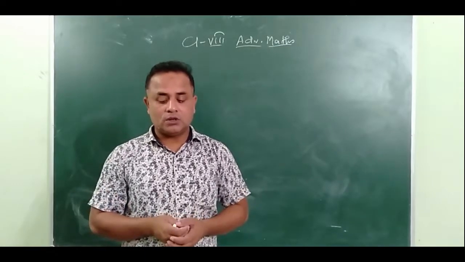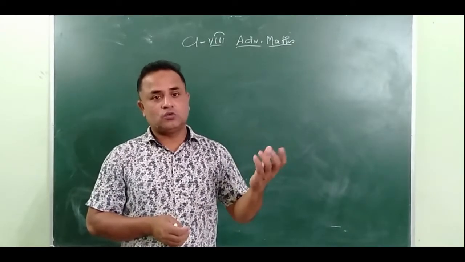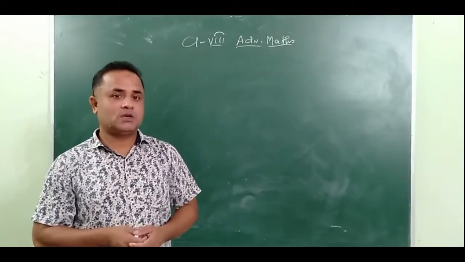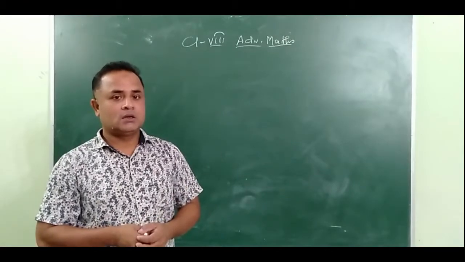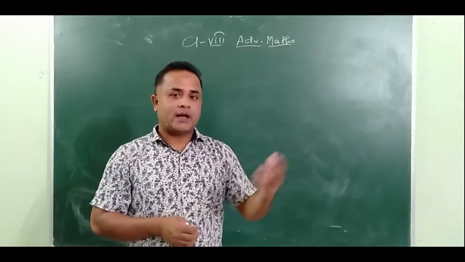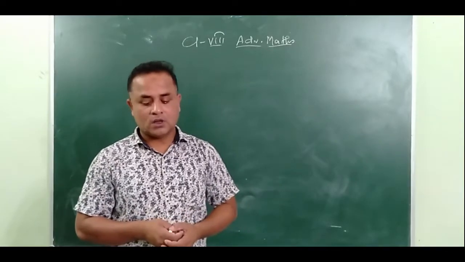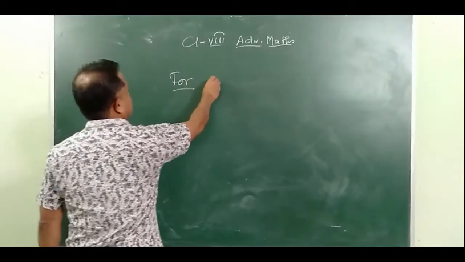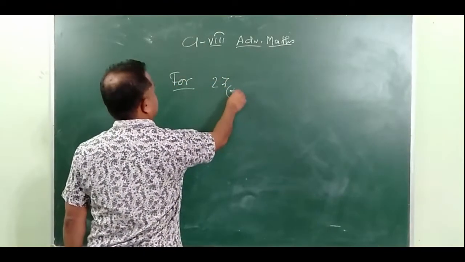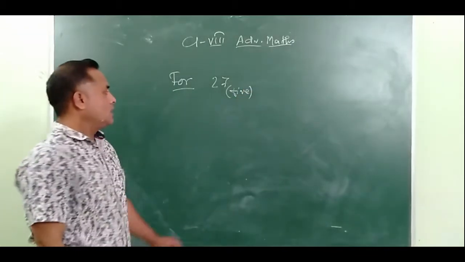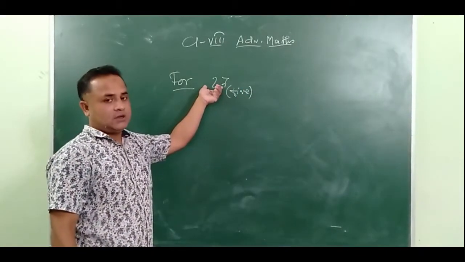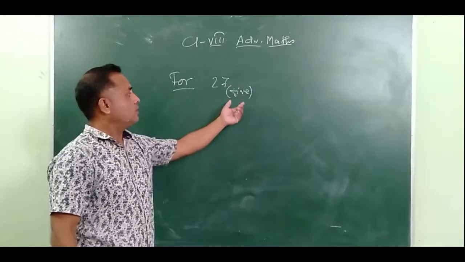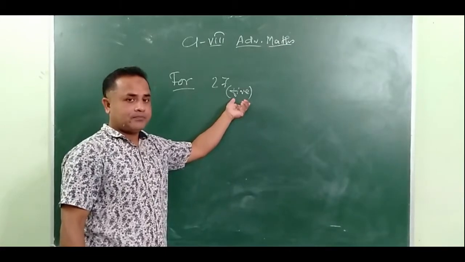But there are also numbers with other bases: base 2, base 3, base 4, base 5, base 6. And they are given specific names such as binary, octal, hexadecimal, and so on. See, for example, 27 base 5. This is the numeral of an idea, that is number 27 with base 5.